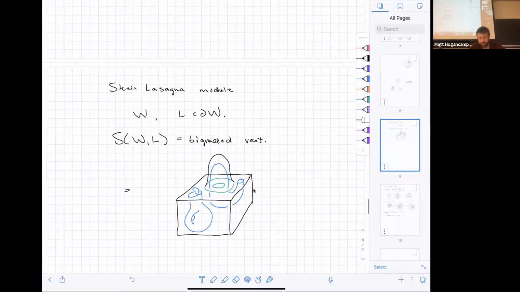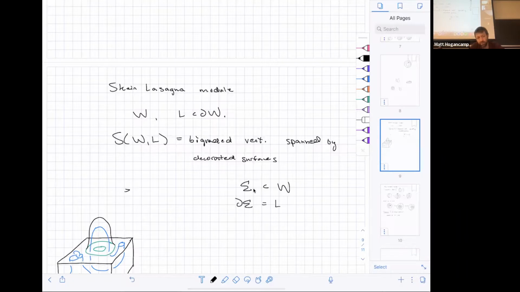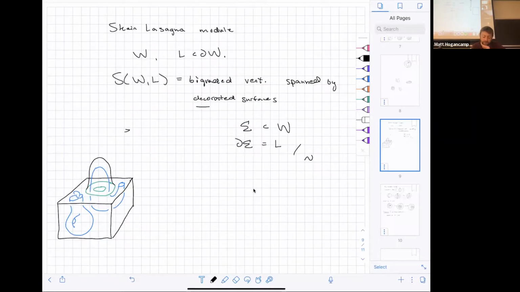Basically spanned by, sorry, ignore this picture for a second, spanned by decorated surfaces in your four manifold, whose boundary is your prescribed link, mod relations. So you should think of this as an analog of the skein relation, or the skein module of a three manifold. So your decorations are like, a typical surface is like,